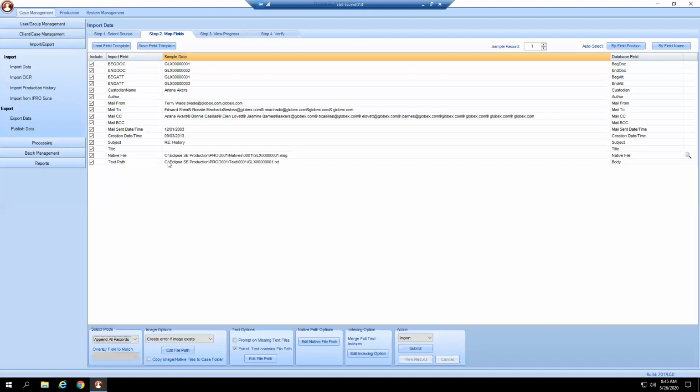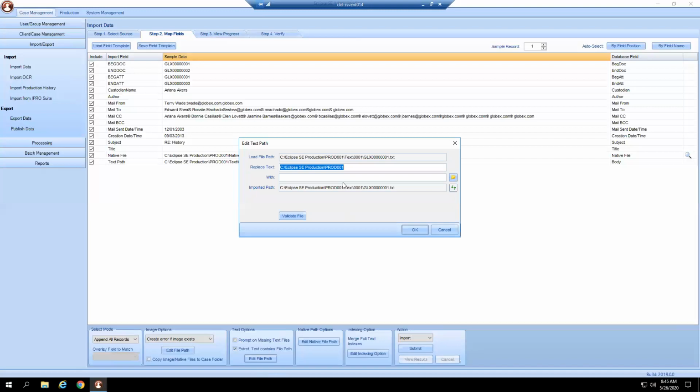So most people do path. We just did an update to where we can now export that path, where before we couldn't, and you kind of had to load them in a different way. But it's a path, so we need to edit our file path. This works just like our find and replace. So it says, okay, in our load file, put